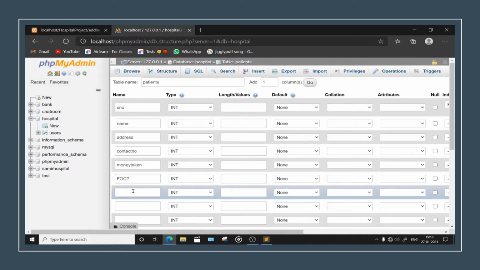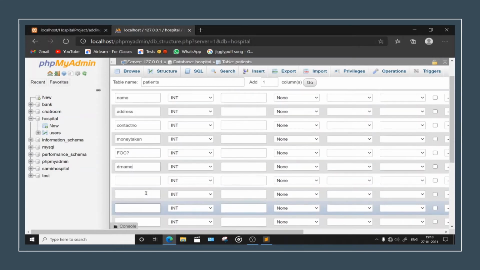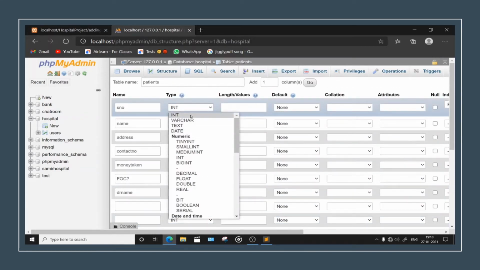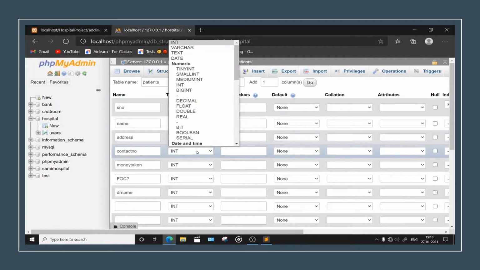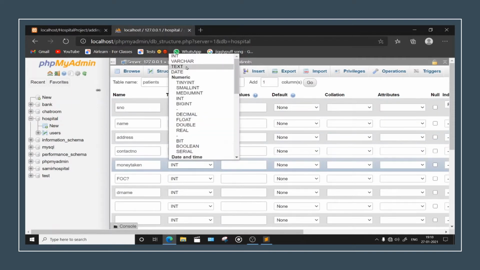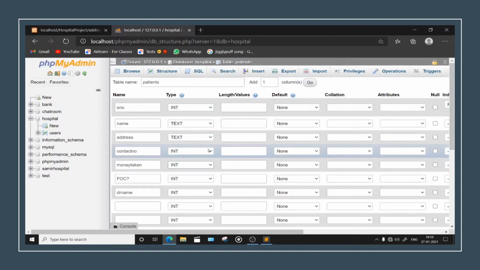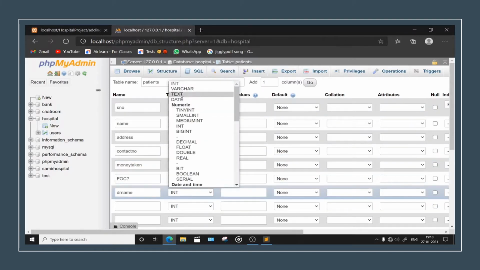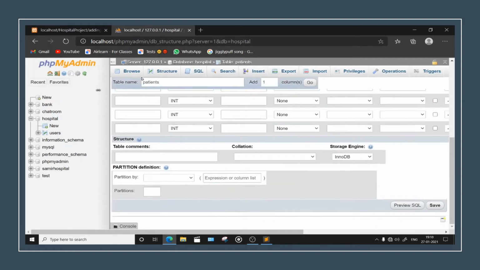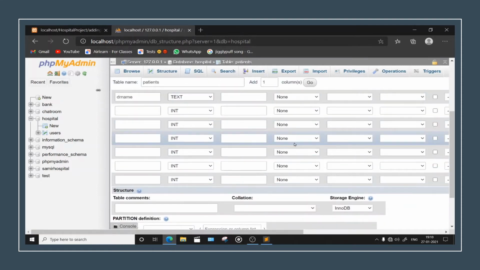Okay, you have here doctor name. What else will we add, if something is needed? Change all this to text. Contact number is integer. Fine. Money taken should be integer. Superb. Free of charge is a text, and doctor name is a text. I don't need all this, but we will just skip it right now.